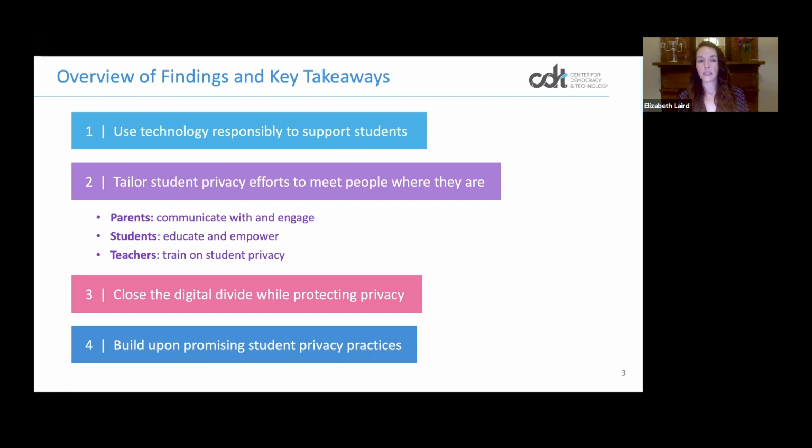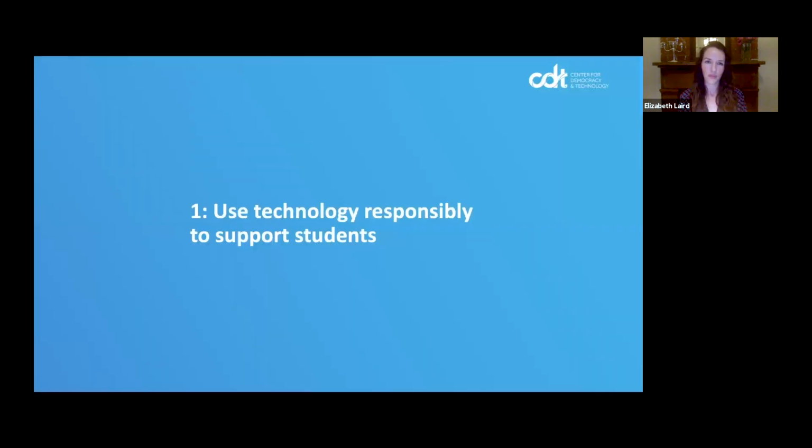So I'm going to go through each of these, although I'm going to go through some of them more quickly than others. I thought about for this presentation, should I just focus on what we heard from teachers? But I think understanding the relationship between some of our findings related to teachers and how that compares to parents and students can be helpful. So we're going to talk about all of them, but for Q&A, feel free to dive deep on any of the teacher information that is most interesting to you.